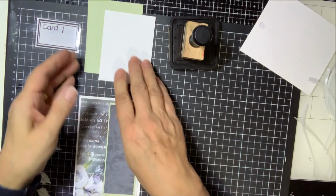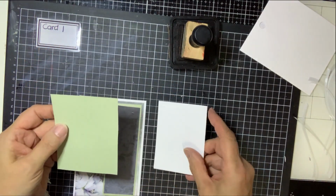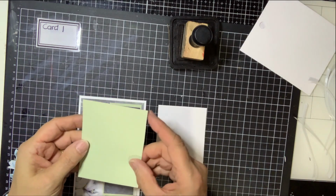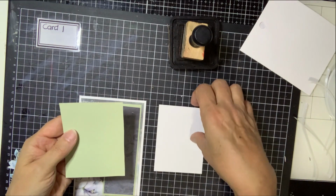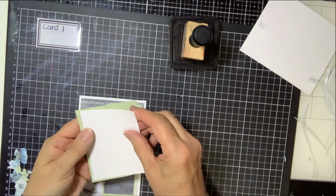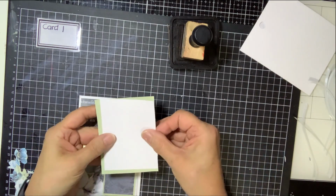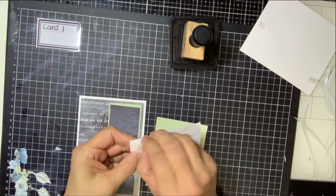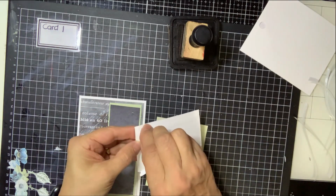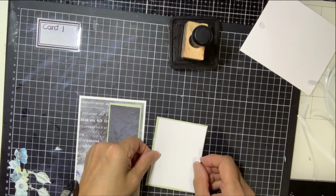Now the next job that we have to do, we have cut another green basil, and that green basil is 4 1/4 by 3 1/4, so that you can have your true 3x4 photo mat on there and just give you that little border. So the easiest thing I find to do is to actually put your white photo mat in the center of your green,